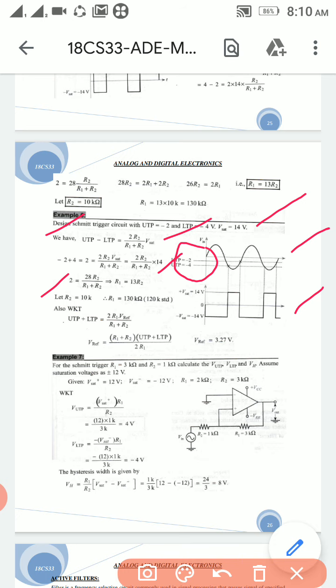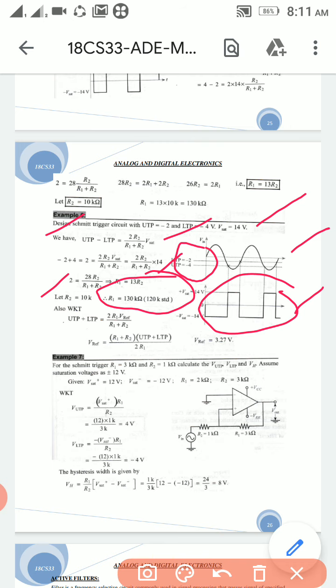You have to do the design till up to here. This is enough. Okay. Same thing here. Design schmitt trigger means you have to write the waveforms, the sinusoidal given input on the input side, and after that the output, whatever it should be, in rectangular pulses. And we should know the formula of VUTP, VLTP, and the hysteresis value.